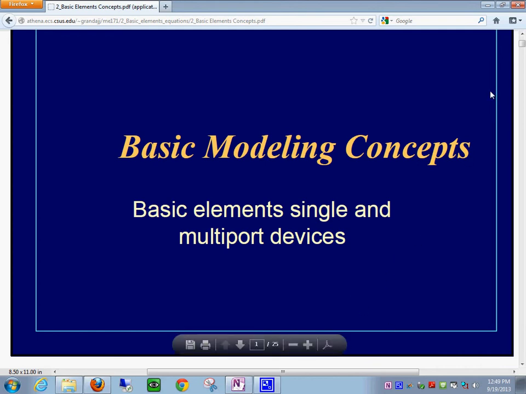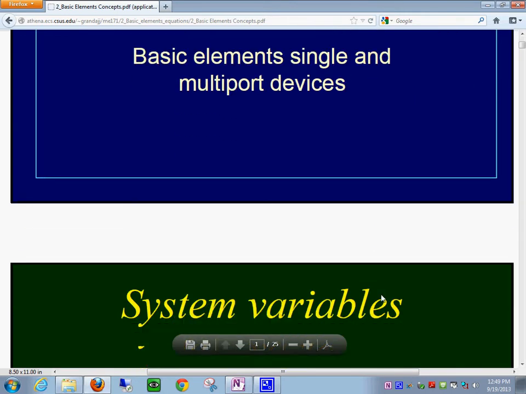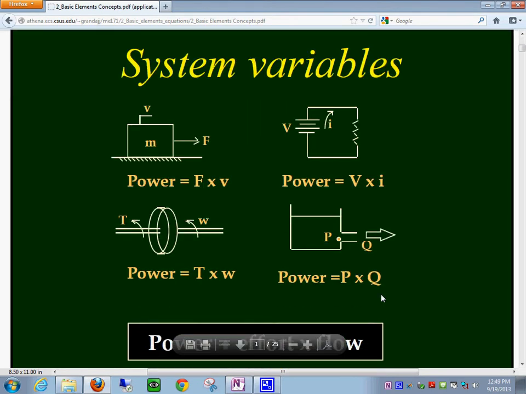So, basic modeling techniques and modeling concepts. In this case, let's take a look at some examples of the systems. This one is in the mechanical domain, this is in the electrical domain, this is a system in rotation, and this is a hydraulic system. So you have the effort and the flow, of course, and then